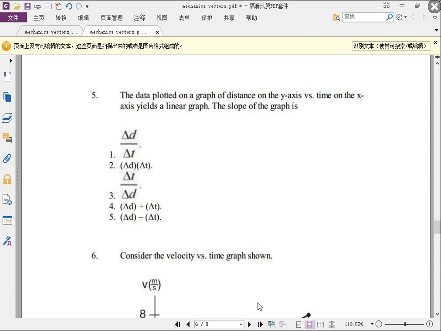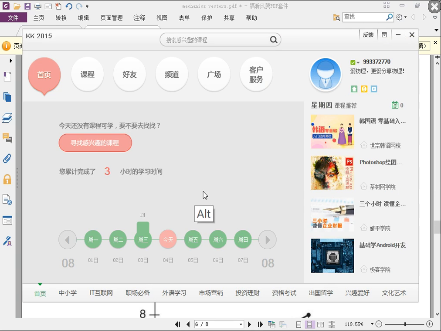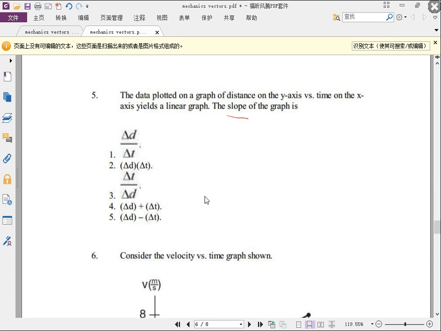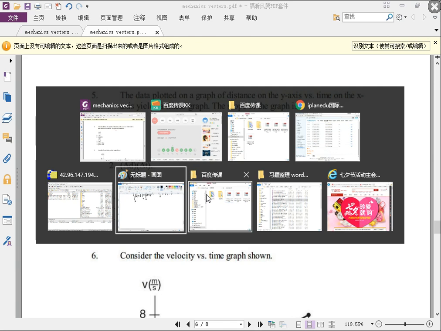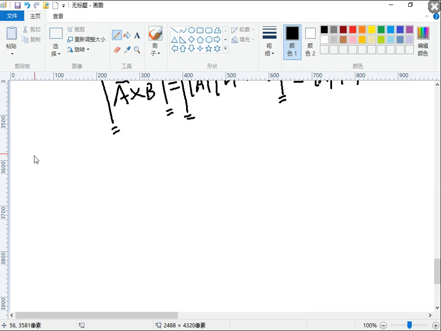The data plotted are a graph of distance on the y-axis with time. On the axis, use a linear graph. The slope of the graph is the definition of slope. This is easy, something very easy. The definition of a slope is